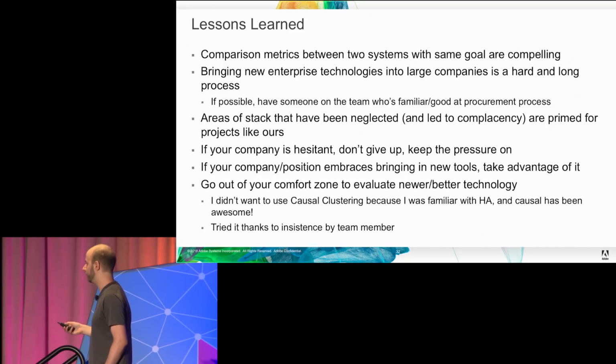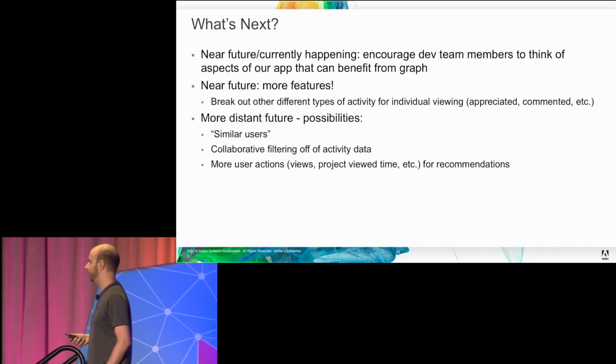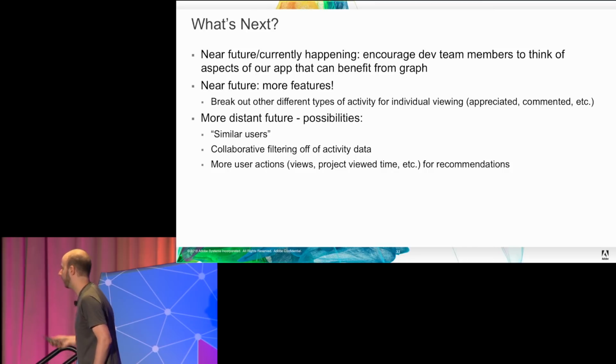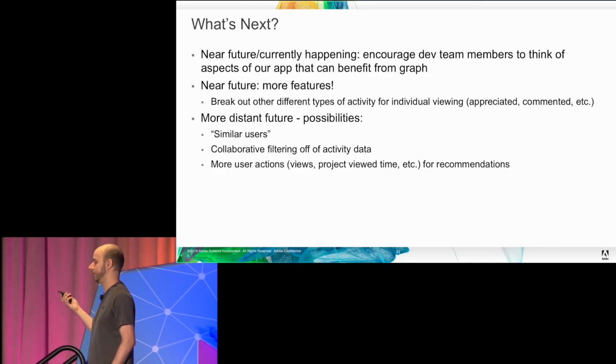Just one more slide here. What's next for us? In the near future, we're trying to encourage our dev teams to think more about the benefits of graph, and now that we have this infrastructure, how we could use it. A good example, again, was the new project feature that we were able to implement really shortly after. We might introduce more granular ways to view activity by appreciated comment instead of just projects published. And in the future, we have a really cool setup to do different things based on our activity feed, like similar users to people you're following,